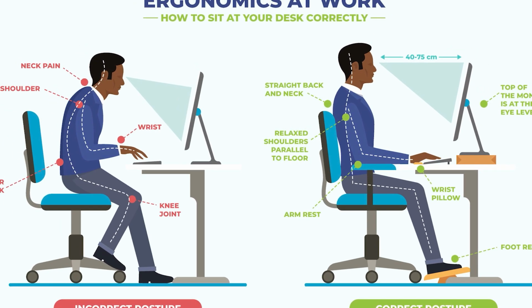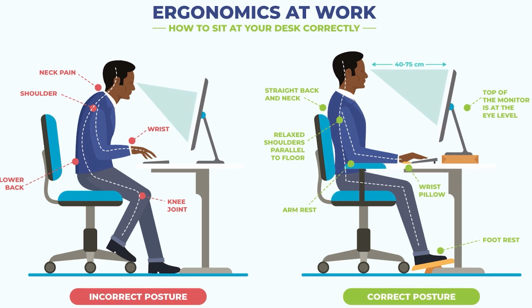So it's extremely important that when you spend time sitting, you must be sitting in the right ergonomic chair that is best for your spine. And when you look at the picture on the left, you can see there's no support for his neck, his mid-back and shoulders, his lower back, as well as his forearms and his wrist. And when we look at the man on the right, we can see that his head, his ears, his shoulders are fairly lined up, as well as his back, his hips going at 90 degrees, as well as his knees